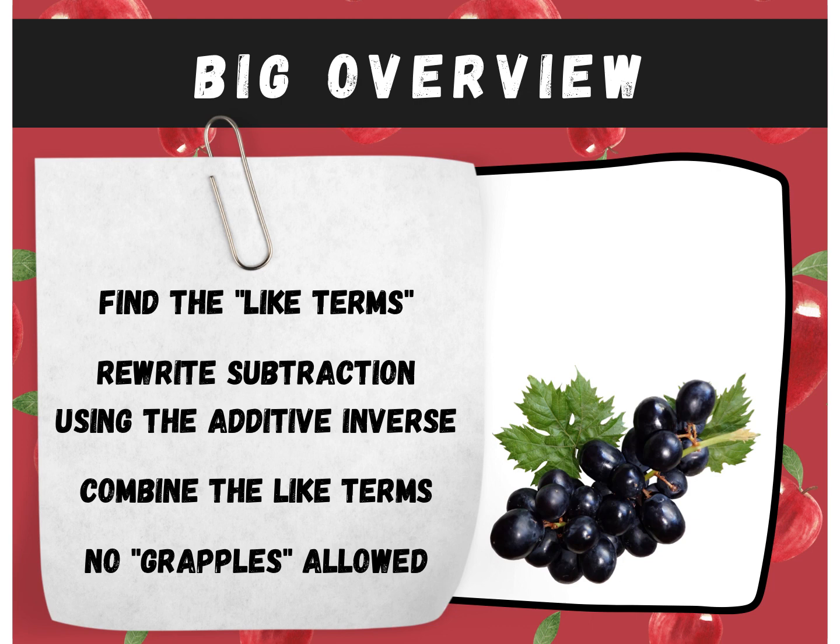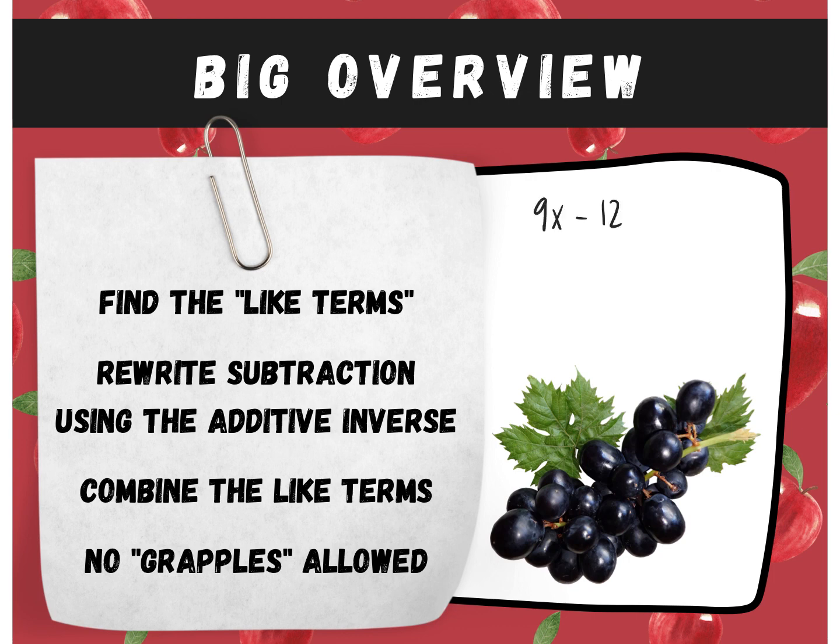So remember, your job is fairly simple. Find the things that are considered like terms. They have to have the same variable. So x's and y's cannot be combined. X's and x's can be combined. It sometimes helps to also rewrite subtraction using the additive inverse. I didn't show that in this video because I've showed it in other videos, but for example, if I had